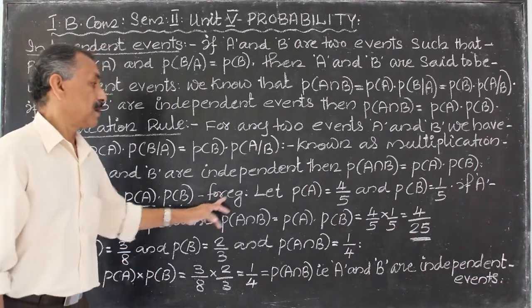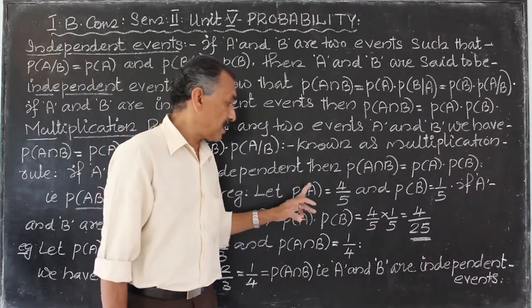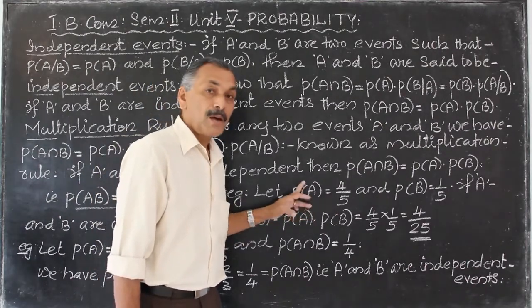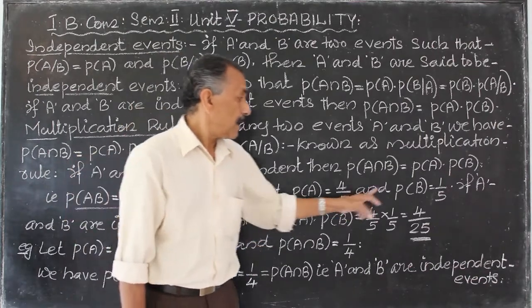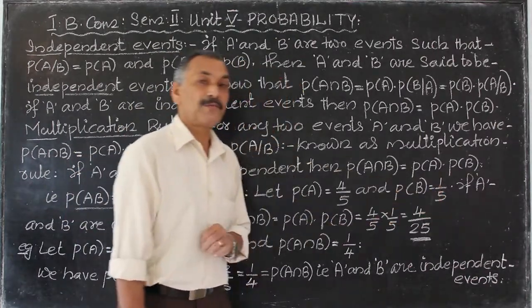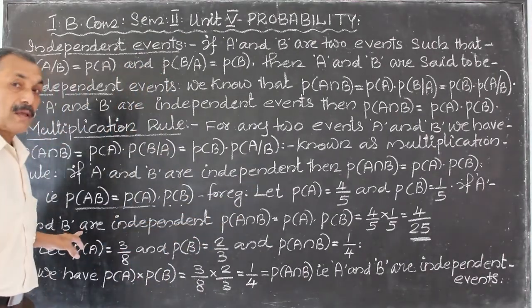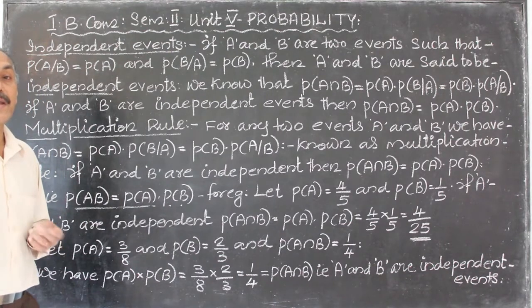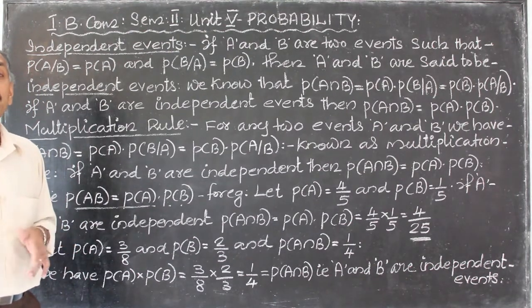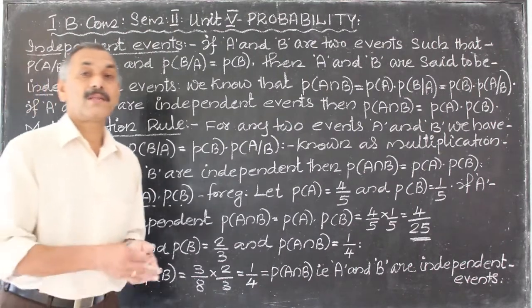Then, for example, for a random experiment with two events A and B, the probability of A is equal to 4 by 5 and the probability of B is equal to 1 by 5. If A and B are independent, does A's occurrence affect B's occurrence, or does B's occurrence affect A? For example, we